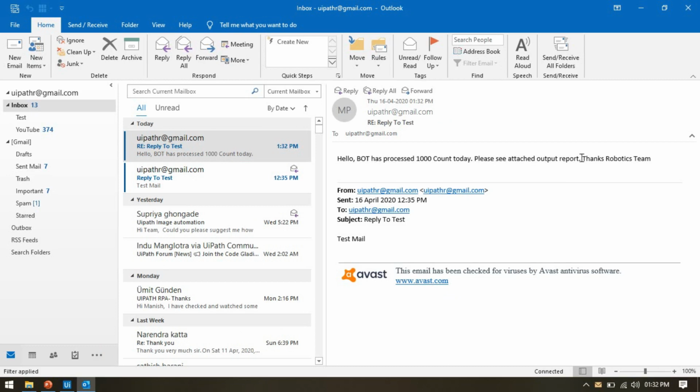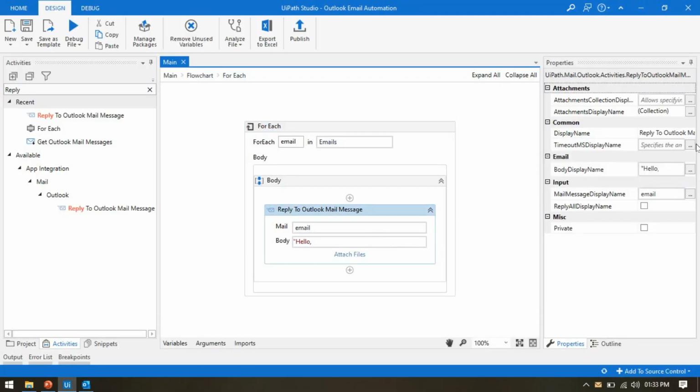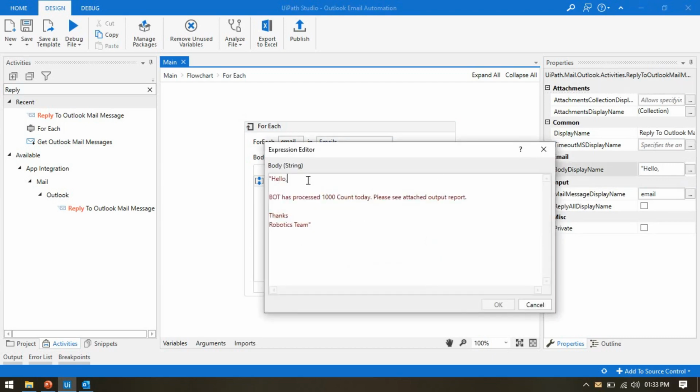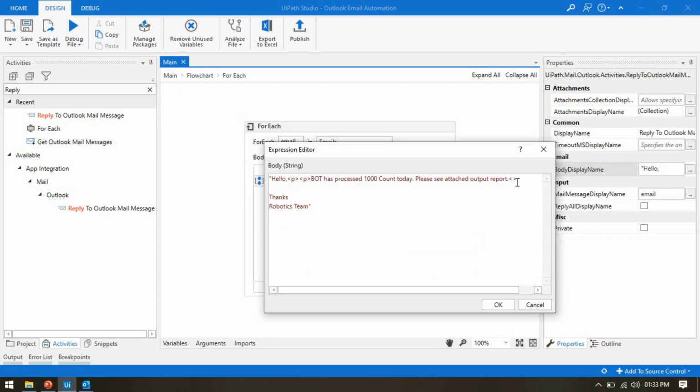As I told you, it will take the email format in HTML, so we'll have to write HTML code in this body message. So now you can understand that we can send back to the sender again with our body message. Now here in the body display, you have to add one paragraph. So you can write here p, one more p, and just take it like this, and after this again we need one break. So we'll take one paragraph, and then we need one break line. So I'm going to put here the br tag,